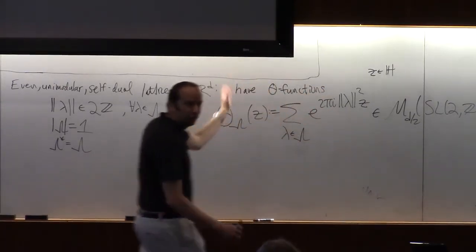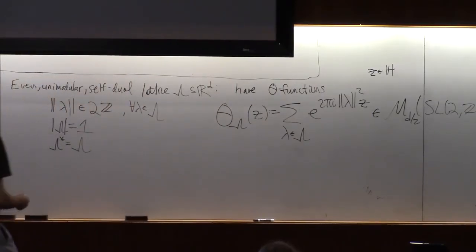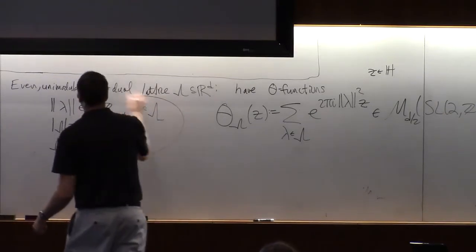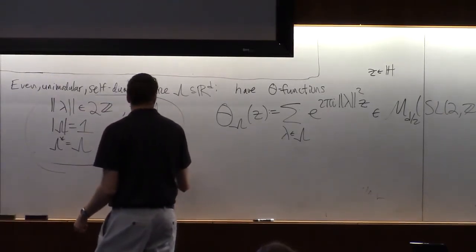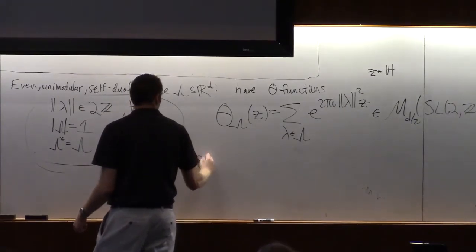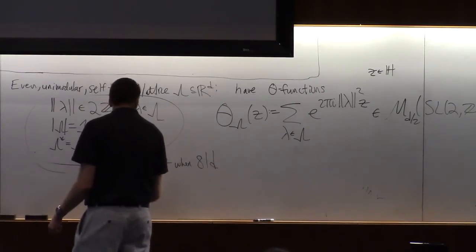So if the lattice is self-dual, then you have a chance to be modular. These are very special conditions. These only exist when the dimension is divisible by 8. So here's some examples. So you could have the E8 lattice in